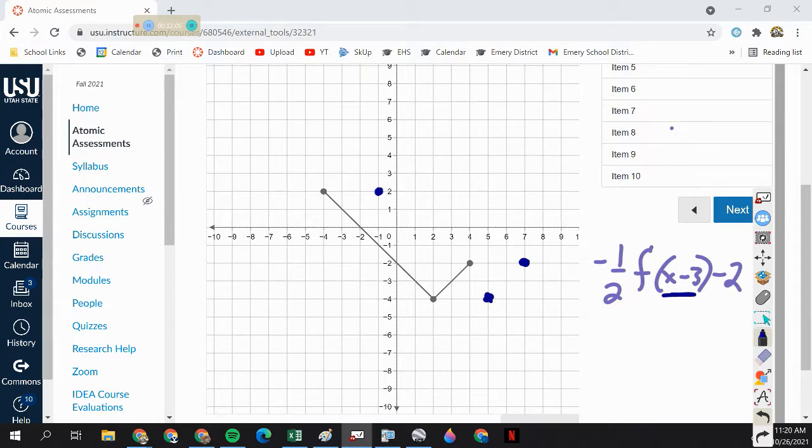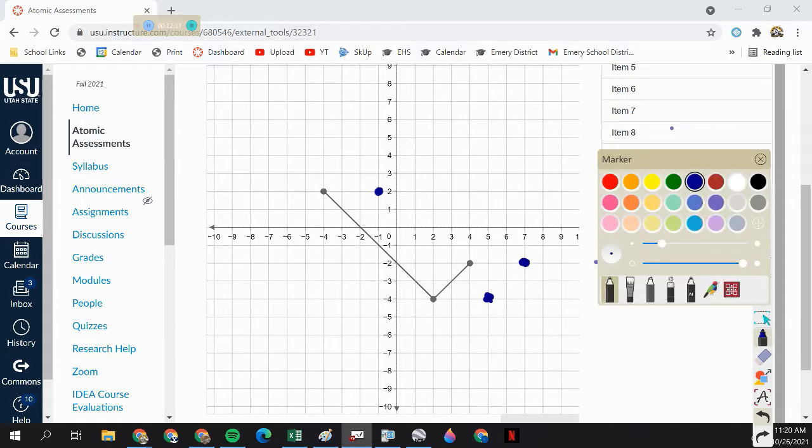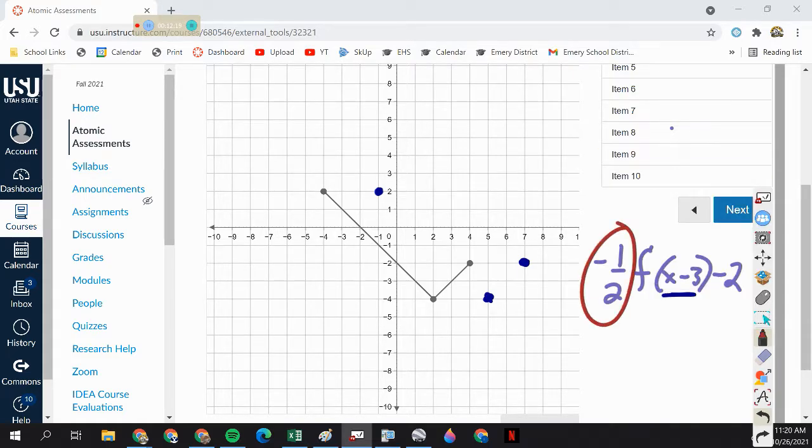Okay. Now, which step do I do next? Have to follow order of operations. Does multiplication or subtraction come first? Multiplication. So I'm going to do that. What does the negative do? Flips it upside down across the x-axis. What does the 1/2 do? Makes it